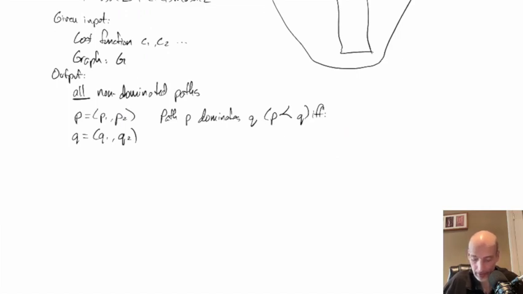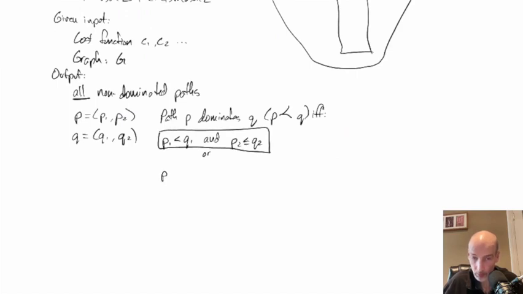So one is that P1 is less than Q1. Sorry, this is P1 is less than Q1. So what we're saying is the first measure here has to be strictly less, not less than or equal to. If the first one is strictly less, then P2 can be less than or equal to Q2. Okay, so this is my first condition,